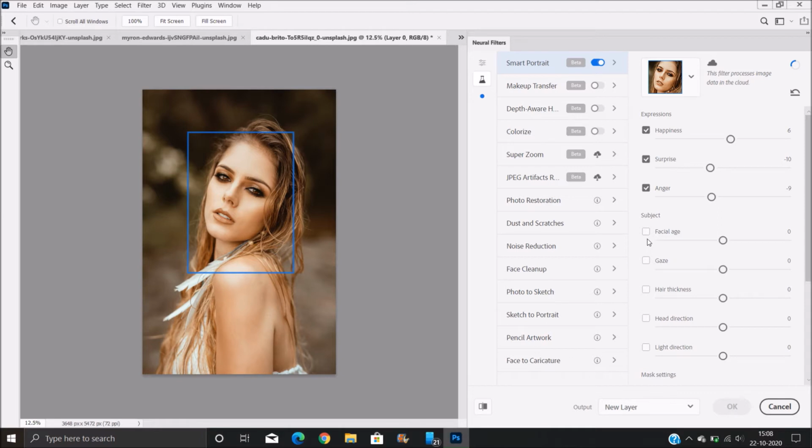I'm not touching these two, so I'm coming directly on hair thickness. I will increase a little bit of it. You can also change the head direction left to right. You can also change the light direction.